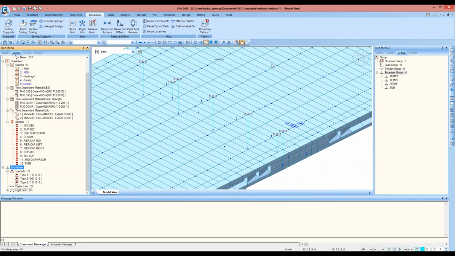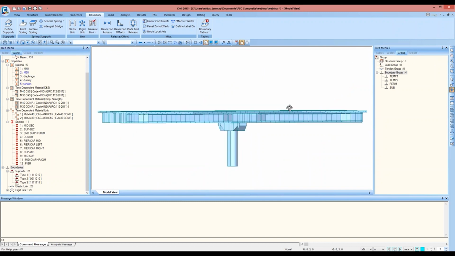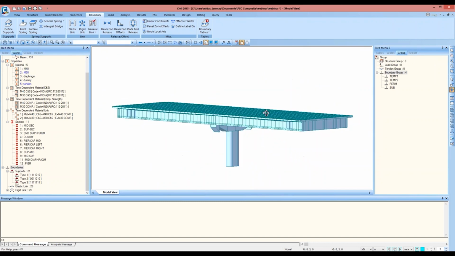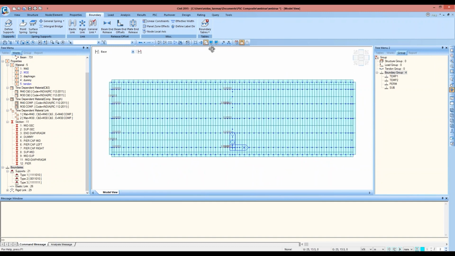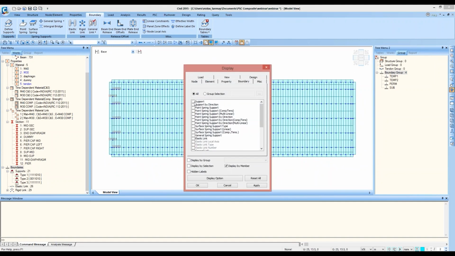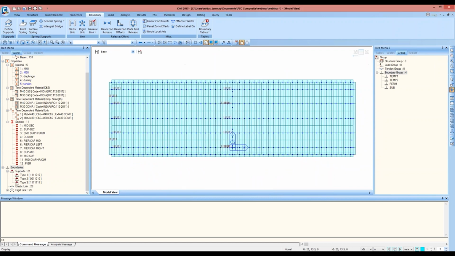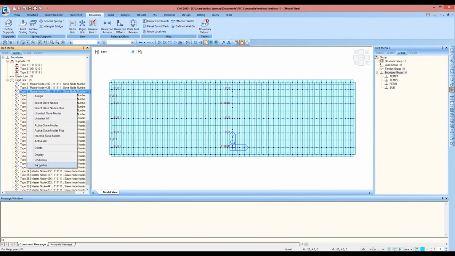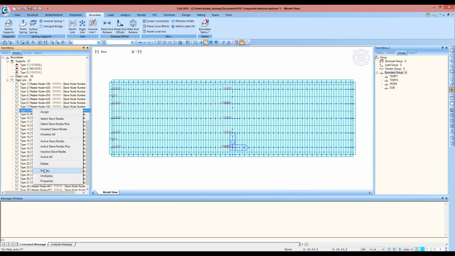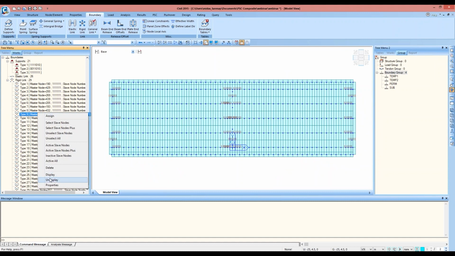So, but here, as we can see that still there are some irregularities in the section. So for doing that, I'll be assigning the tapered groups. Before doing that, I'll just unselect all the rigid links. So on display and undisplay.